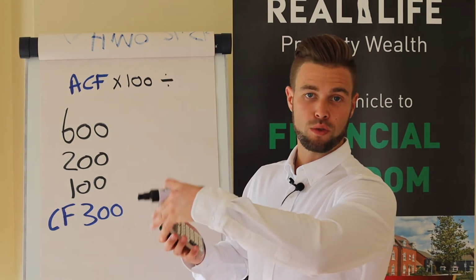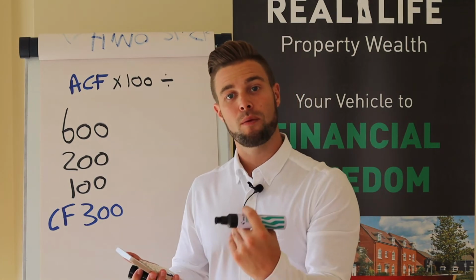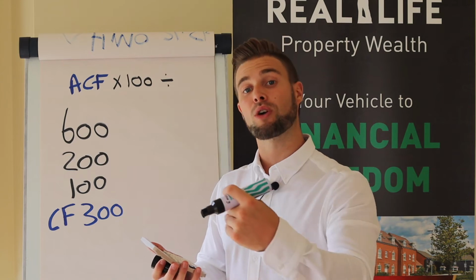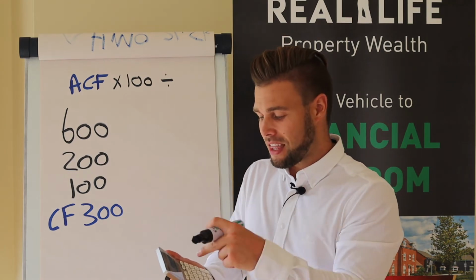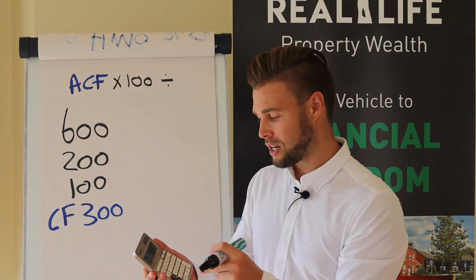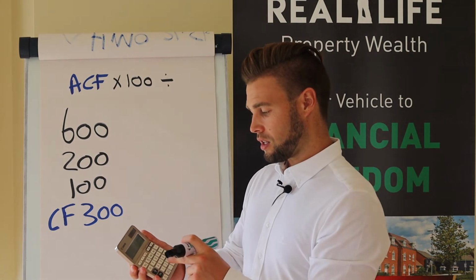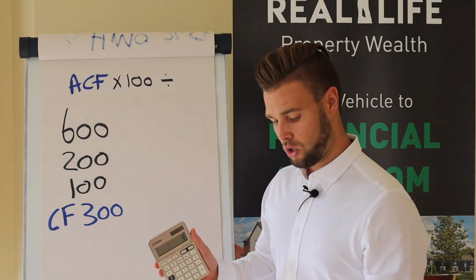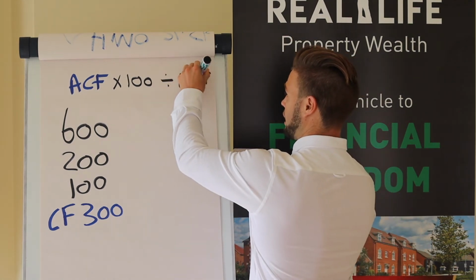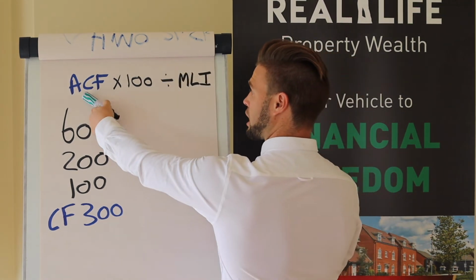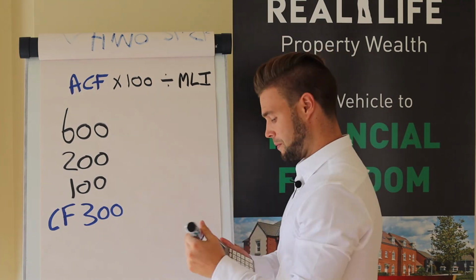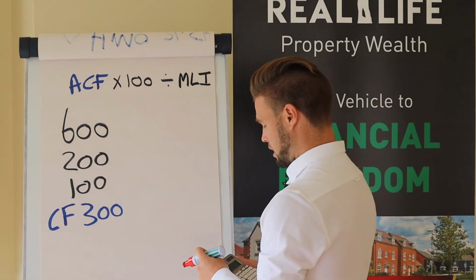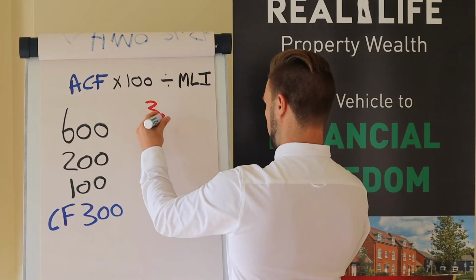In previous videos we did some workings out of how to take all the money out, but if for whatever reason it costs more money to renovate or your purchase price wasn't as low as you wanted, then this is what you're going to do. So let's say £10,000 is left in. So now I need to divide by the money left in, which is 10,000. You're going to remember this formula: annual cash flow times 100 divided by the money left in. And in this case, with £300 cash flow a month and £10,000 left in, this is going to give me a wonderful